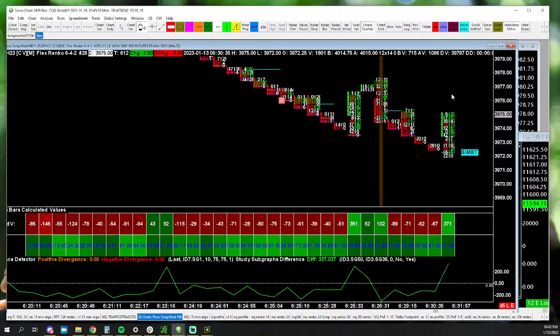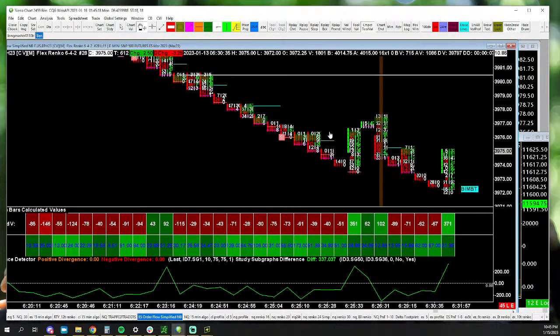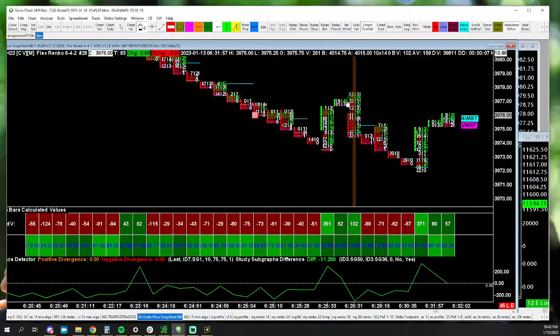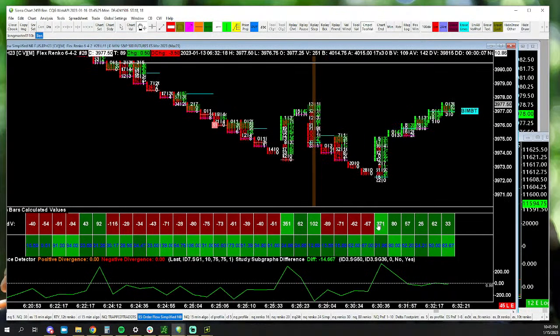So if structure starts to be supported, and if they start spending more time above and doing the exact opposite, where the spikes go underneath, well, then you know that we're going to probably break that level. So let's see. Again, you can watch these numbers if you want, but you'll see everything you need to right here. So what do they do when they get to the zero line here? See how they try to support it, right?